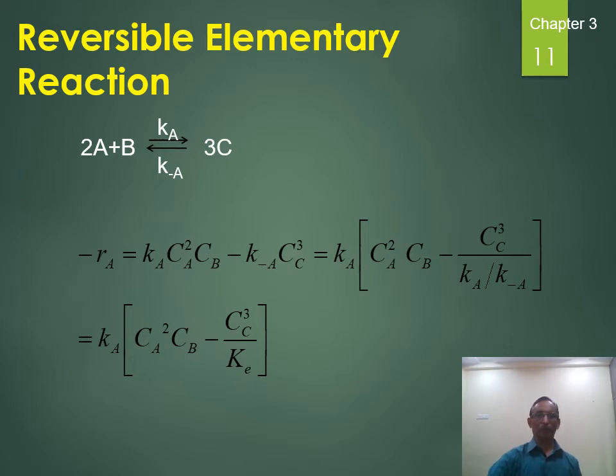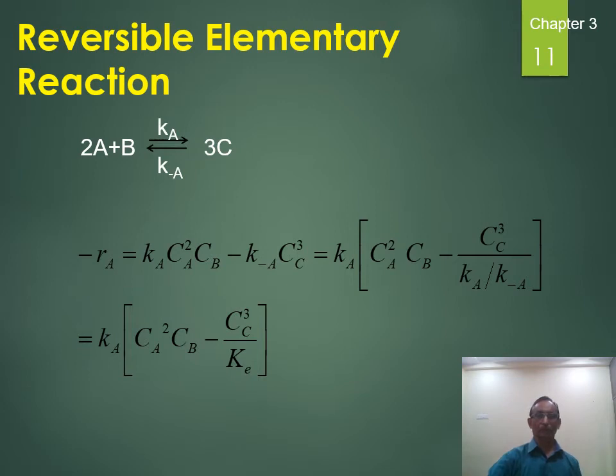So we have written here Ca square and Cb and Cc cube. These are the concentrations on the reactant side with reference to the forward reaction and reverse reaction. So if you have written this equilibrium reaction very carefully, after attaining equilibrium, at equilibrium forward rate equals reverse rate. So that's why we are going to consider this Cc cube.